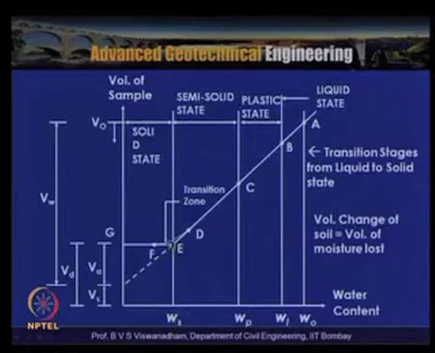But beyond this point, if you magnify here, there is a possibility that the air enters, as shown by the curvilinear nature of this curve. Here the air enters into the voids, and the soil will no longer get compressed and no volume change will happen. So this is nothing but the volume of air plus the volume of the solids. The solid volume remains constant upon further drying. So this Vd is nothing but the volume of air plus volume of solids, and V naught is the original volume at point A.